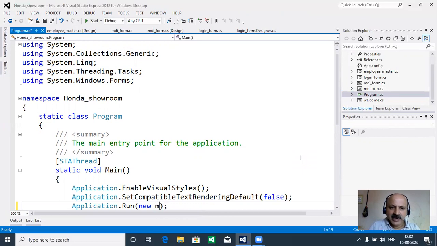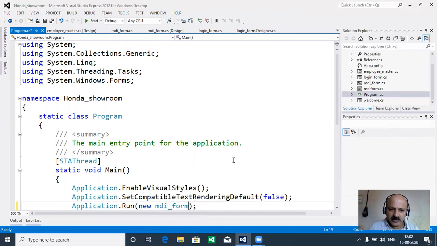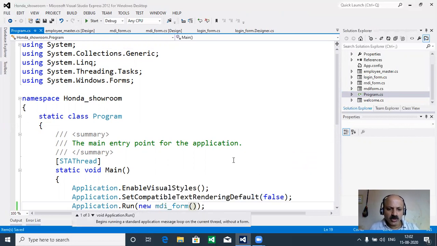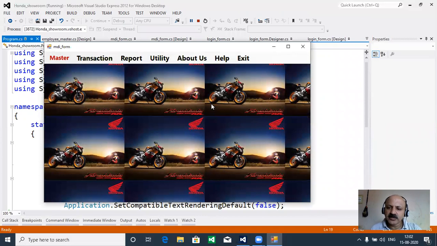So our form is an MDI. So directly that is listed in this library, and here we have to call the constructor. So I just save and press F5 to run, and directly the MDI form is open, not going through A to Z. So whenever you are testing, you can open that form directly. Otherwise, what happens is that so much of your time is consumed in the development of the project. A project is within a three or four month timeframe, so you should be careful not to consume your time. So that is my guidance.